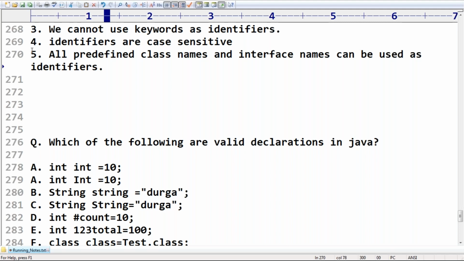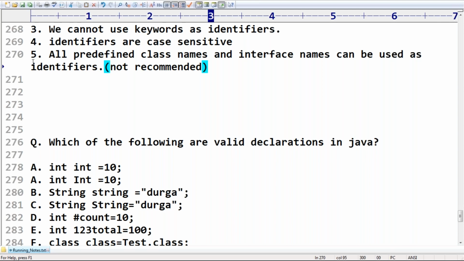All predefined class names and interface names can be used as identifiers, no problem at all, friends. But it is not recommended. Even though you can use them, it's not recommended.